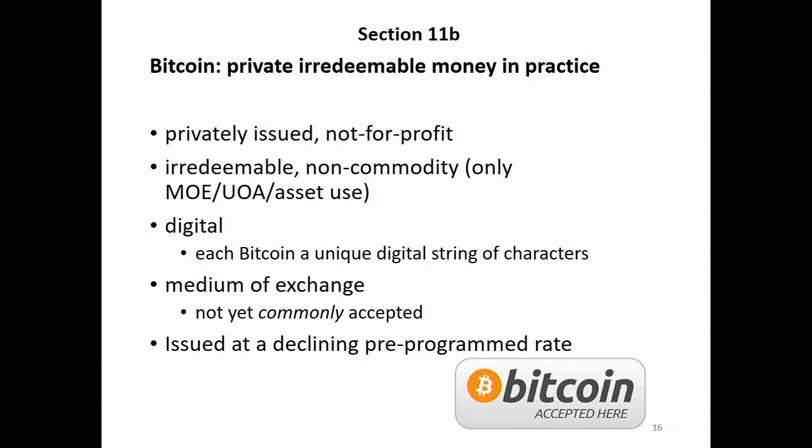Each Bitcoin has a unique string of characters that only that coin has, and that's how they keep track of it. They have a giant ledger called the blockchain, which ensures basically that you know who has each coin, who has claim to it. Anytime there's a transaction, they have people validate those transactions. Anyone can validate a transaction for Bitcoin, and you get paid a little bit of Bitcoin for doing that. It's called Bitcoin mining. I had a friend who did some Bitcoin mining back like 2011. Has a good bit of money from doing that, especially now that it's worth so much, when it was worth like, I don't know, half a cent back then.